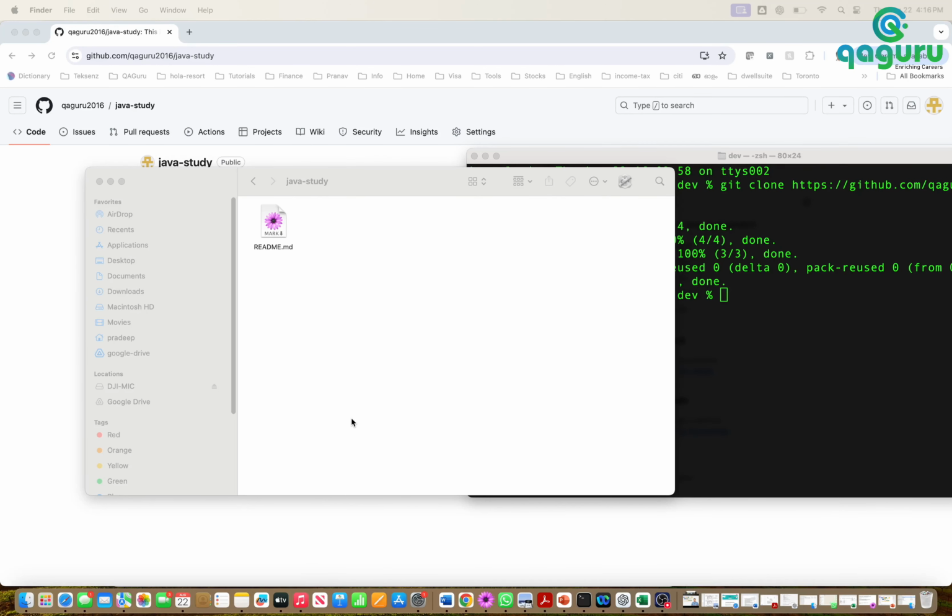Now we can create a Java project because what we have is a repo now locally, but we don't have any project there, right? So it's just a couple of files that we created from GitHub, right? And now let's create a Java project and let's start working on that. Okay, so